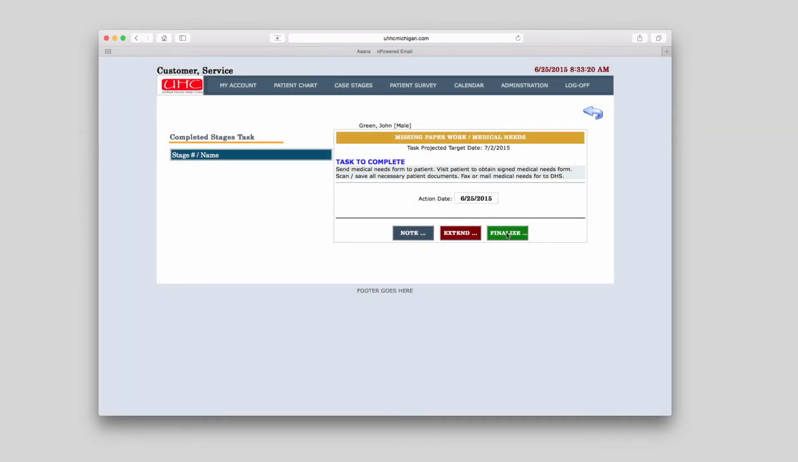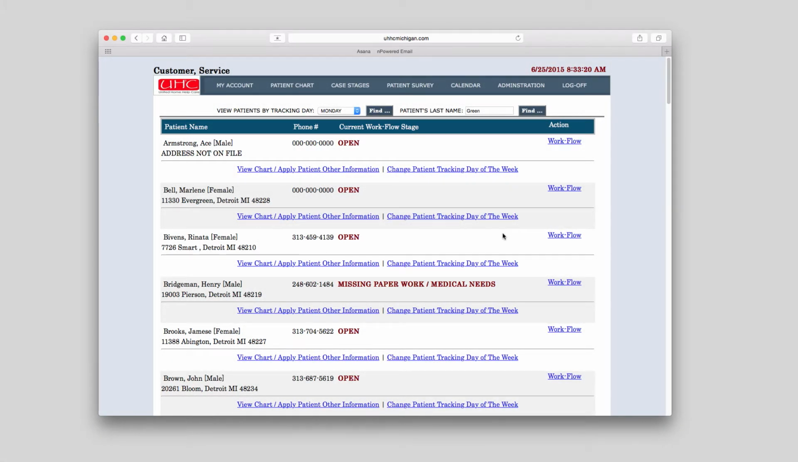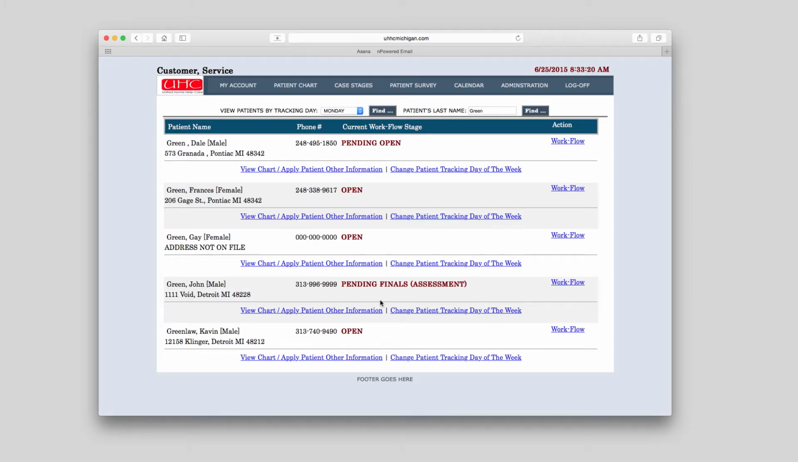Finalize. Once this is done, the system will return you to the current workflow stage screen. The patient's name will still be in the patient's last name field. Pending Final. Click Find and the list of patients with the same last name will display. Scroll down to the particular patient name and click on the workflow area of the screen and the Pending Finals